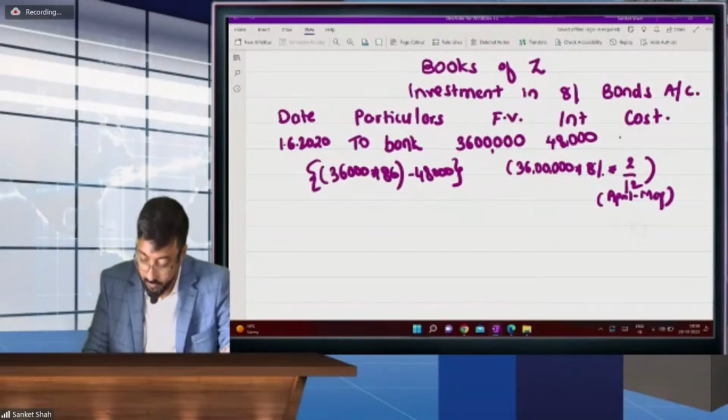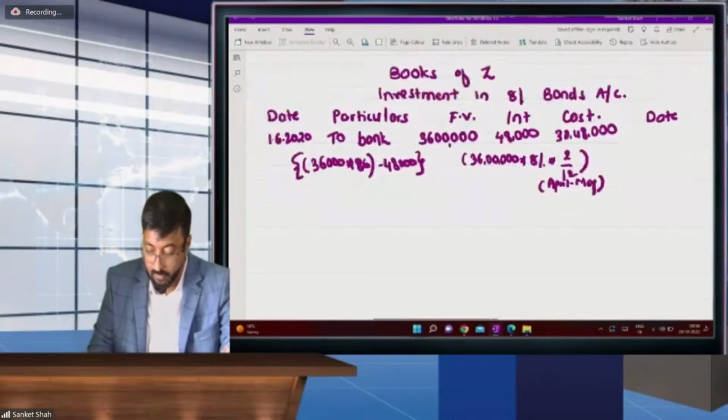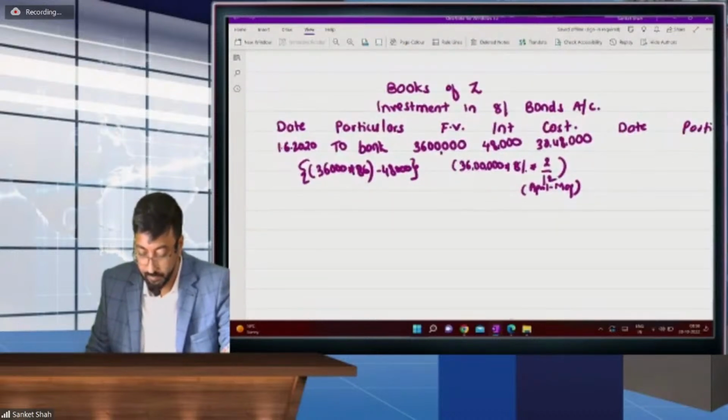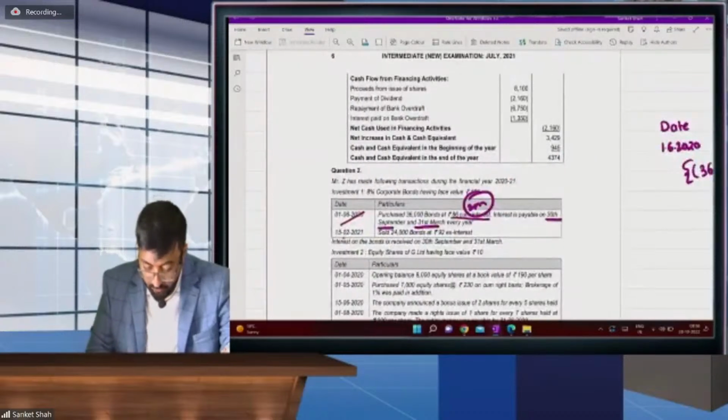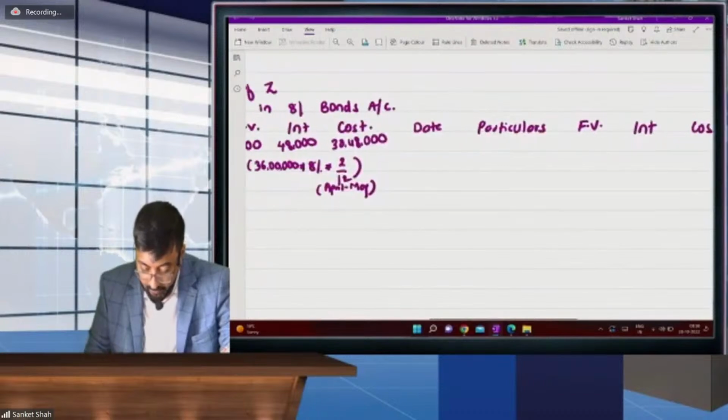30,48,000 to bank. Now next date, 15th Feb. Okay, no, 30th September. So 30th September by bank,